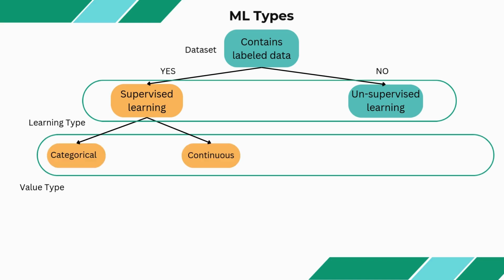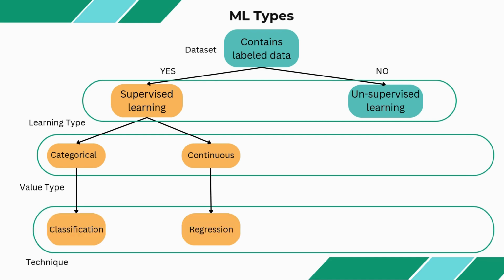In supervised learning, you can take the learning type as categorical or you can go with continuous, based on the use case. And within categorical, you can go for classification techniques, like classifying whether it is fraud or non-fraud and all of that. And within continuous, you can use regression, logistic regression and such techniques